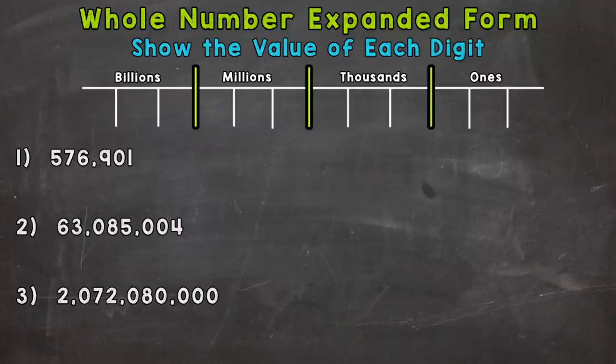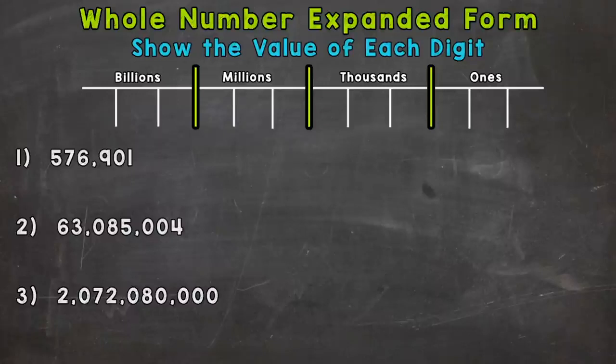I have a place value chart at the top of the screen. We're going to use that for number one, and a place value chart can be very helpful when first starting out or if you're not really understanding. It helps break the numbers down and see exactly where each digit is. But your ultimate goal is to be able to do expanded form without a place value chart. So let's jump into number one, where we have